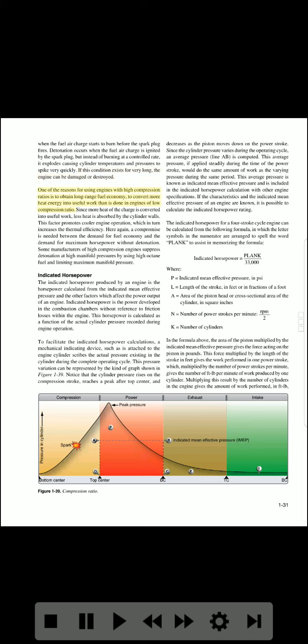One of the reasons for using engines with high compression ratios is to obtain long-range fuel economy, to convert more heat energy into useful work than is done in engines of low compression ratio. Since more heat of the charge is converted into useful work, less heat is absorbed by the cylinder walls. This factor promotes cooler engine operation, which in turn increases the thermal efficiency. Here again, a compromise is needed between the demand for fuel economy and the demand for maximum horsepower without detonation. Some manufacturers of high compression engines suppress detonation at high manifold pressures by using high octane fuel and limiting maximum